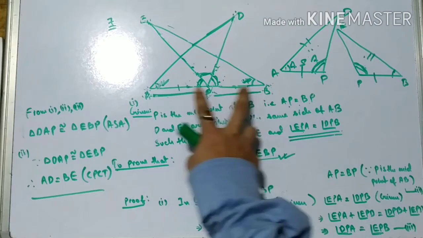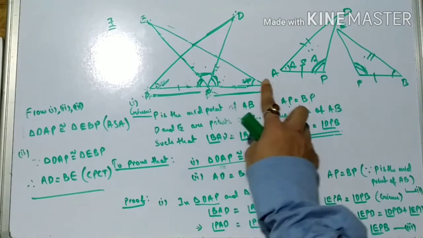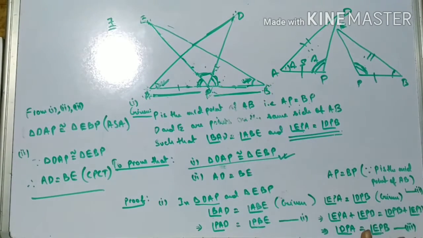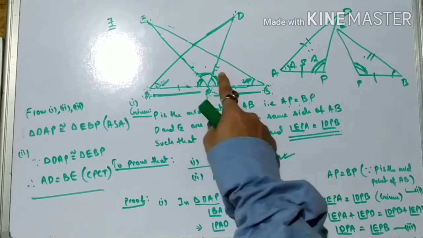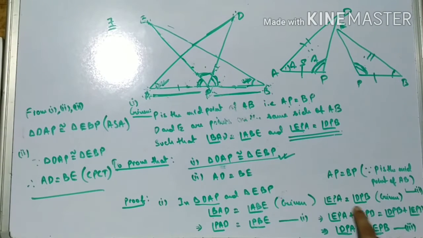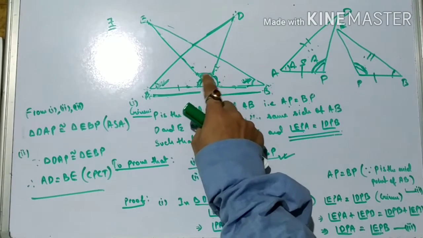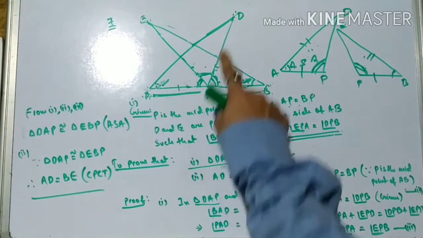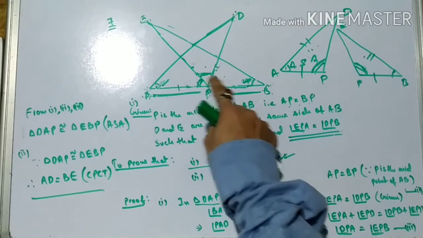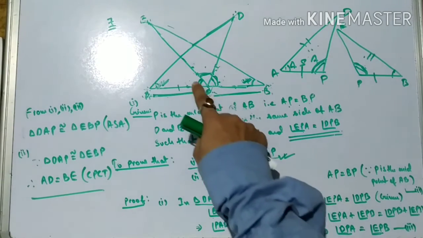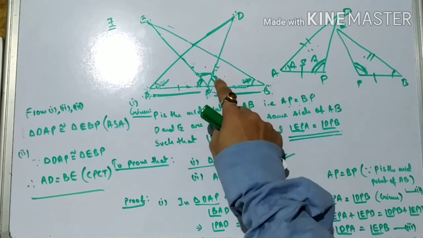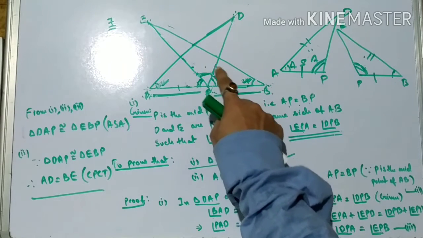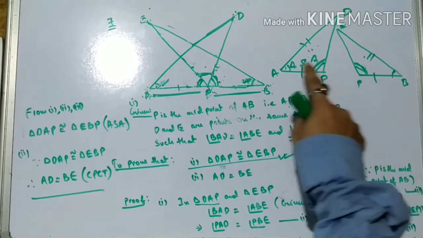And next, since P is the midpoint of AB, this side is equal to this side, given. And the last given there, this angle is equal to this angle. In here, both sides, this angle EPD I will add. Now, with this angle, if I add this angle, then I will get this whole angle. And with this angle, if I add this angle, I will get this whole angle. This one separately I have showed you.